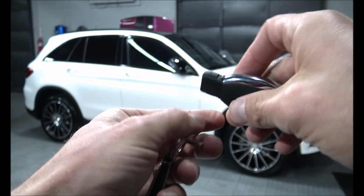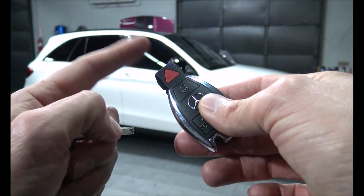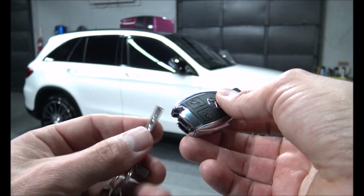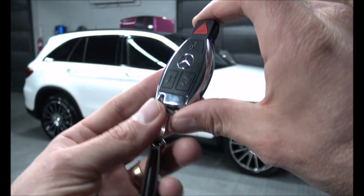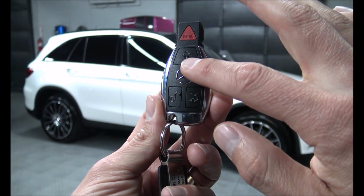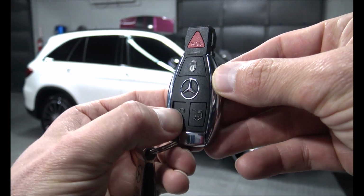You can unlock the door, and then you would get in and plug this into the ignition, and the key has enough battery in it to start the car, at which point you would need to have the battery replaced. Now you'd only use this if you approach the car and nothing works because the battery in this is dead. So what we're going to do is press unlock,